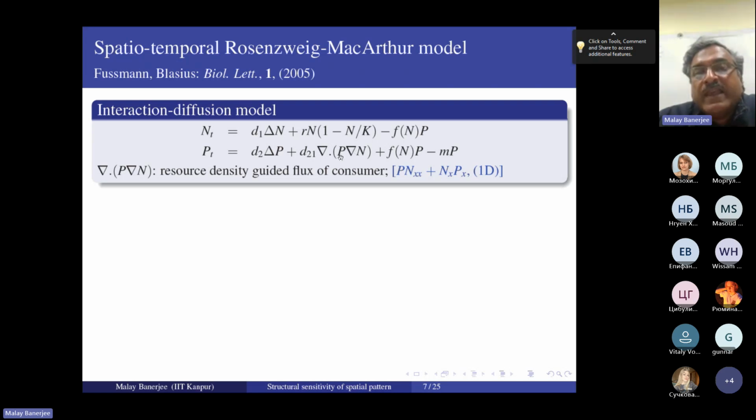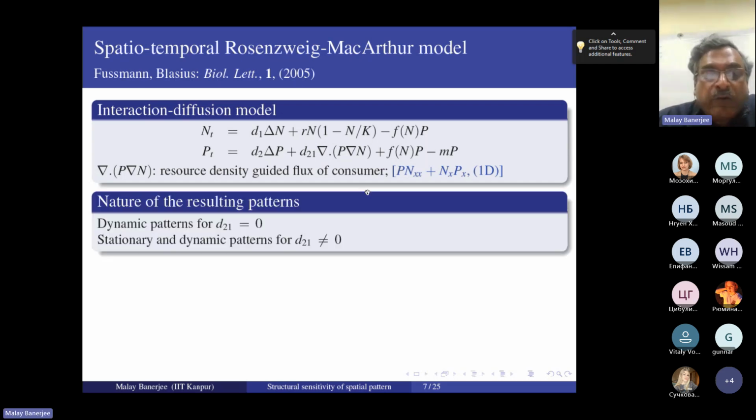So that means they can try to move depending upon the prey density or prey gradient. So they follow the prey gradient in order to have some successful catch. So this is just an ecological interpretation. Now with this one, as I have mentioned, that there